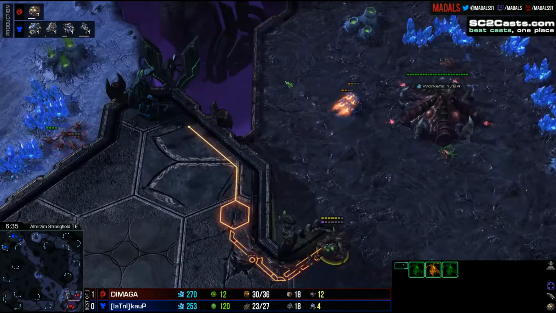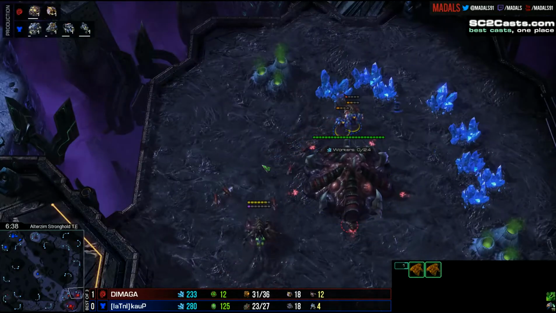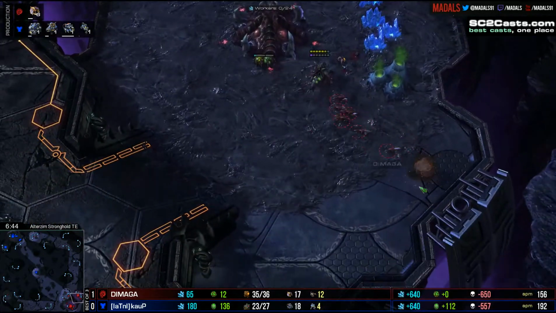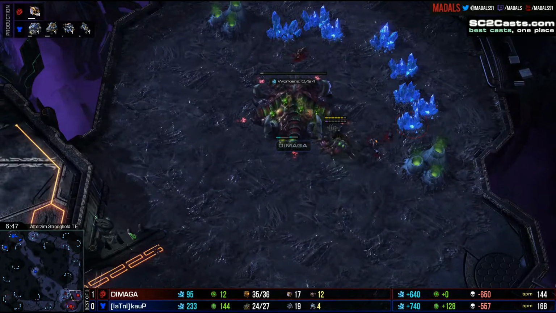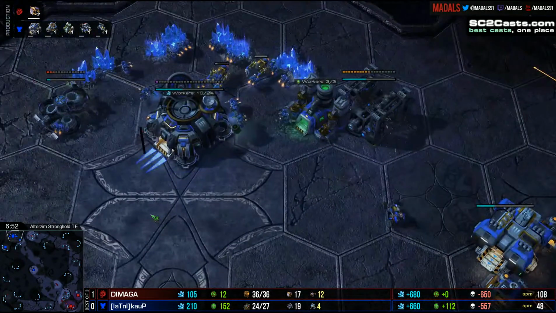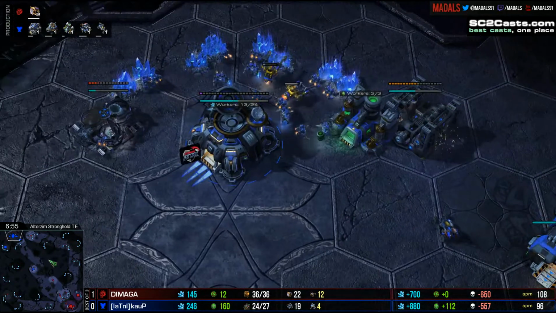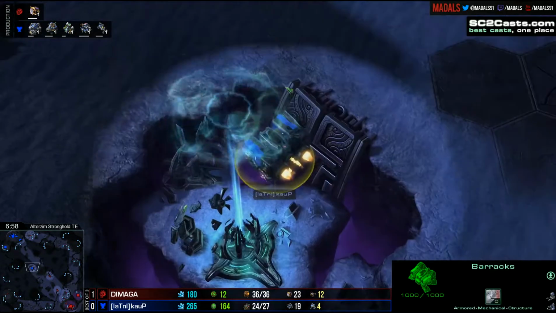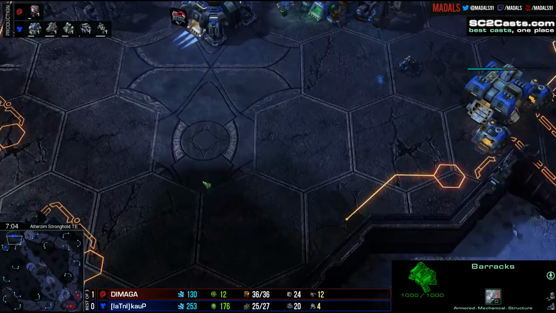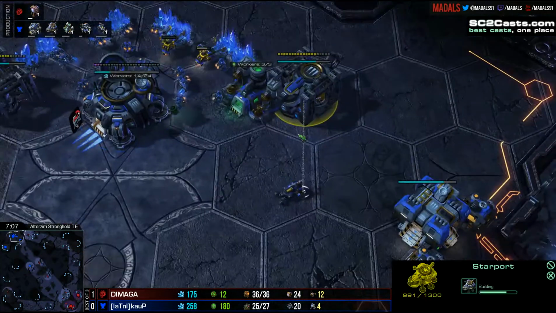He should finally be able to push this back, and kauP just now getting his expansion down. Yeah, kauP was very late with that expansion. Loses the last 2 Reapers in exchange for 1 drone. Overall, that killed 6 workers for kauP and caused a lot of brain ache for Dimaga, but it wasn't completely cost-free. Of course, this barracks isn't producing anything while it slowly but steadily floats back home,